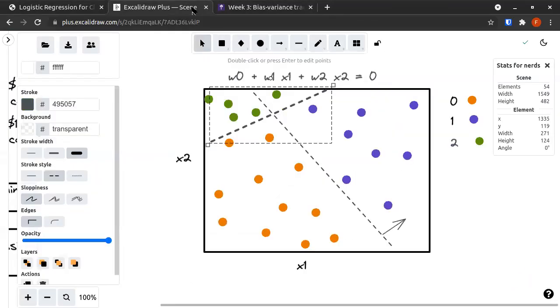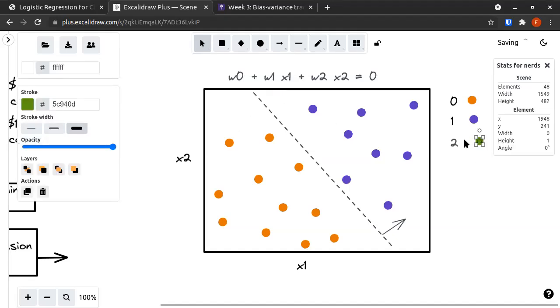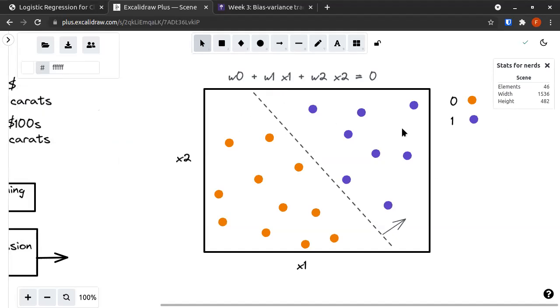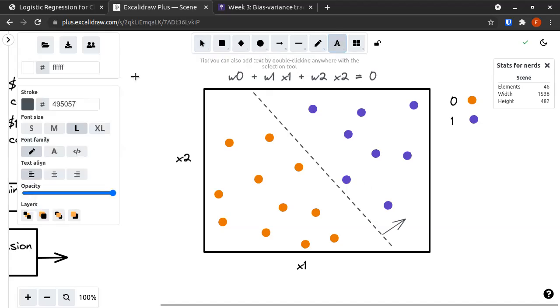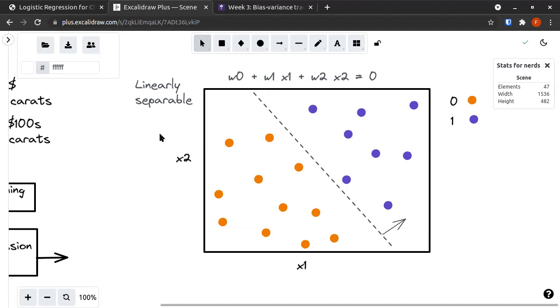Now, in this example, I'm going to remove the extra class because we're going to go back to the binary problem. In this example, we can say that this data is what's known as linearly separable. I'm going to write that down. Okay. The data is linearly separable if there is a hyperplane such that